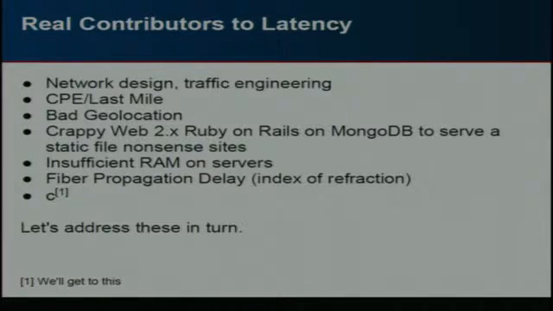Last mile networks tend to be, well, ugly a lot of the time in the routing. And bad geolocation, you know, that happens. Then, of course, you see websites where, wow, this is local if I do a traceroute, but it still took 3 seconds to serve. That's odd. People are doing it on poor quality servers, things like that. And then, of course, the fiber propagation delay. And that comes right into our last one, which is C. We'll talk about that later.